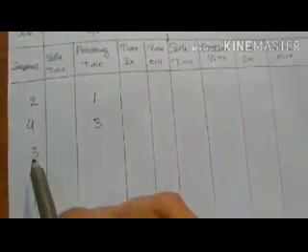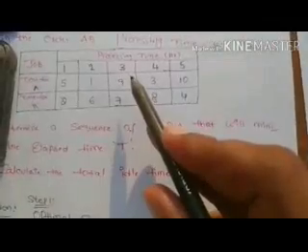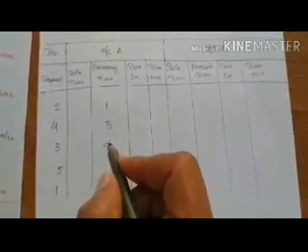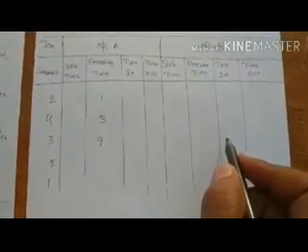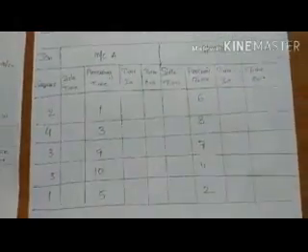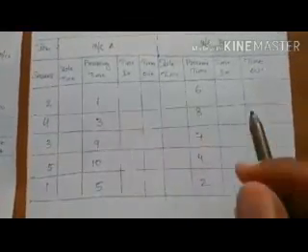What is the processing time for third job in machine A? Processing time for third job in machine A, that is 9. As per that, we have to write all the values of processing time for machine A and machine B for the entire job sequence. After framing the values of processing time, the table will be like this.